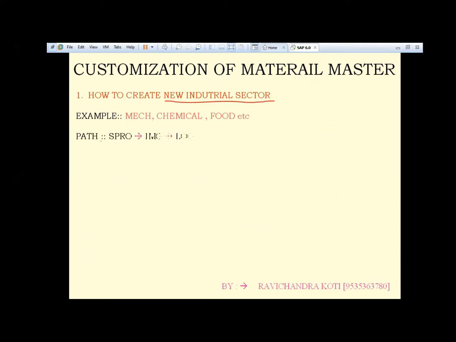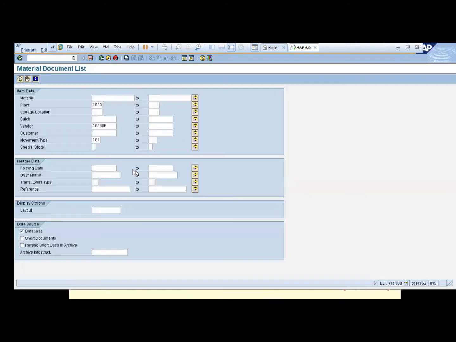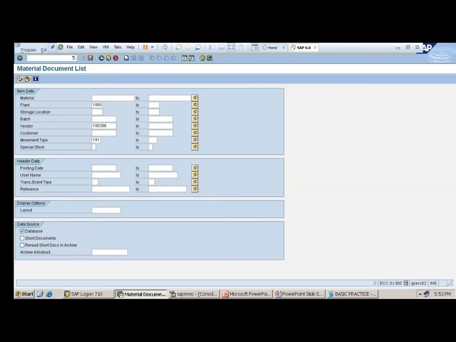One is the path SPRO, IMG, LG, MM, field selection, define industry sector, or direct T code OMS3. Let me check. /n OMS3.